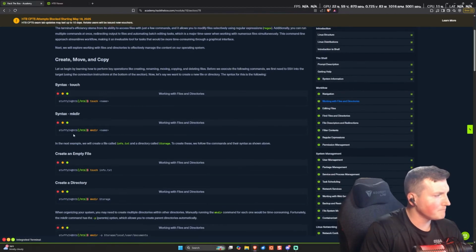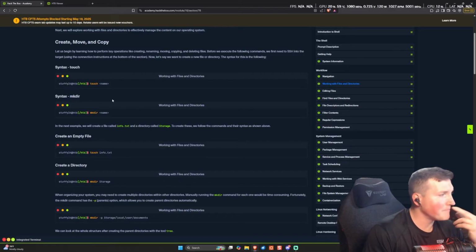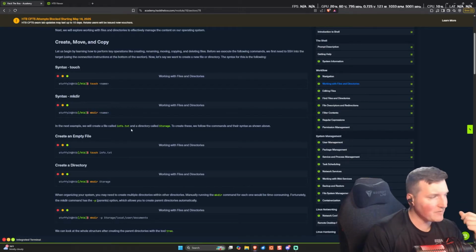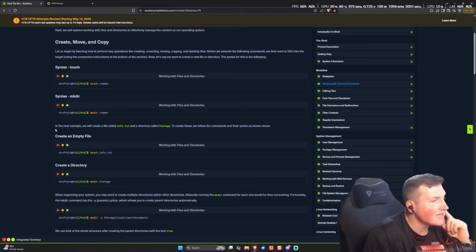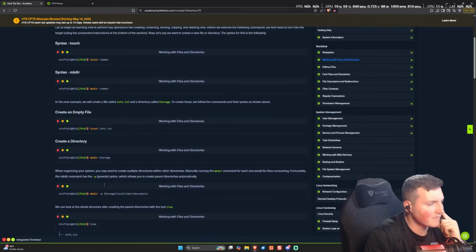So understand that. A lot of people use that if they want to just create a file that they're going to put stuff in later, they'll use touch. Now, mkdir, make directory, right? This literally makes a directory, whatever name you want, in the current directory you're in. So in this case, they're going to use a file called info.txt, touch info.txt, make directory storage, and then they're going to say,